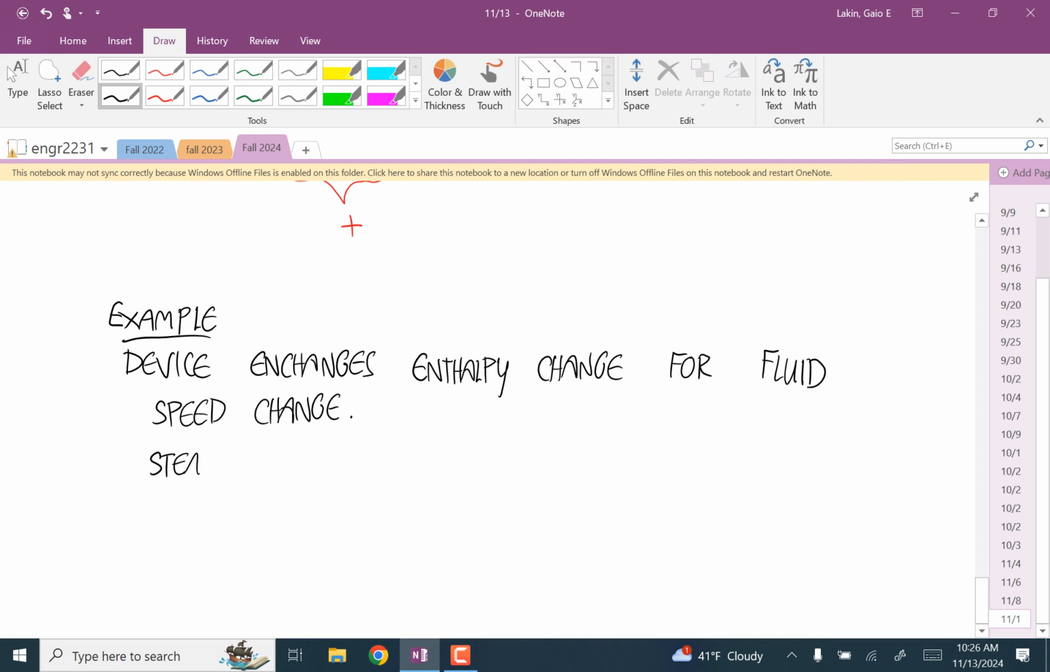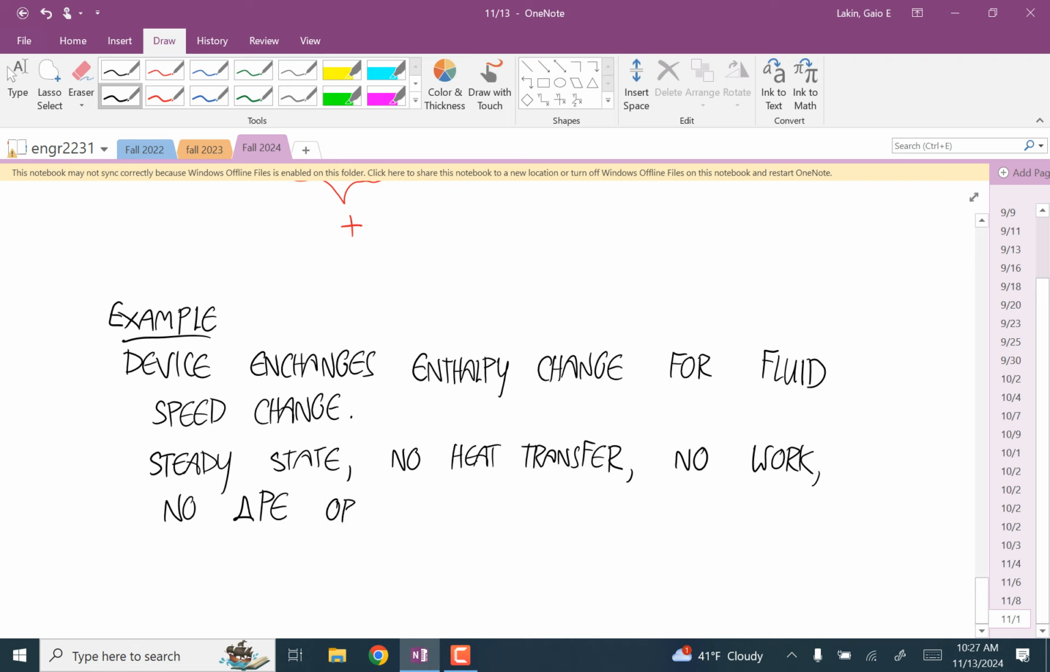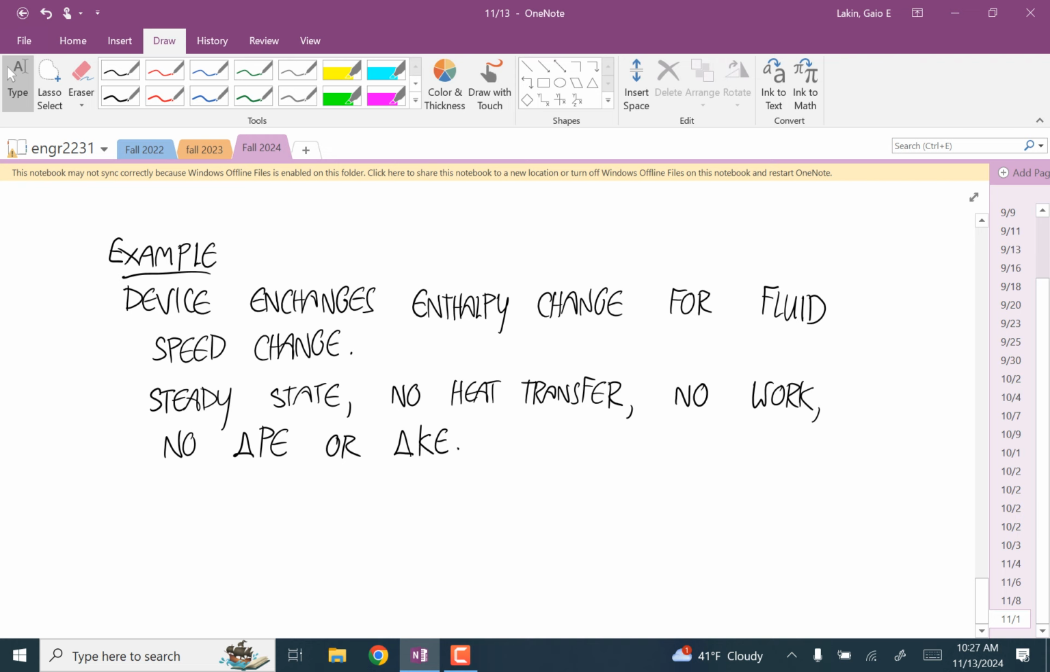Okay, so let's say that it's steady state. We're going to make this simple. There's no heat transfer. There's no work. No significant change in potential energy or significant change in kinetic energy. So we have this really simplified form. And we're given that